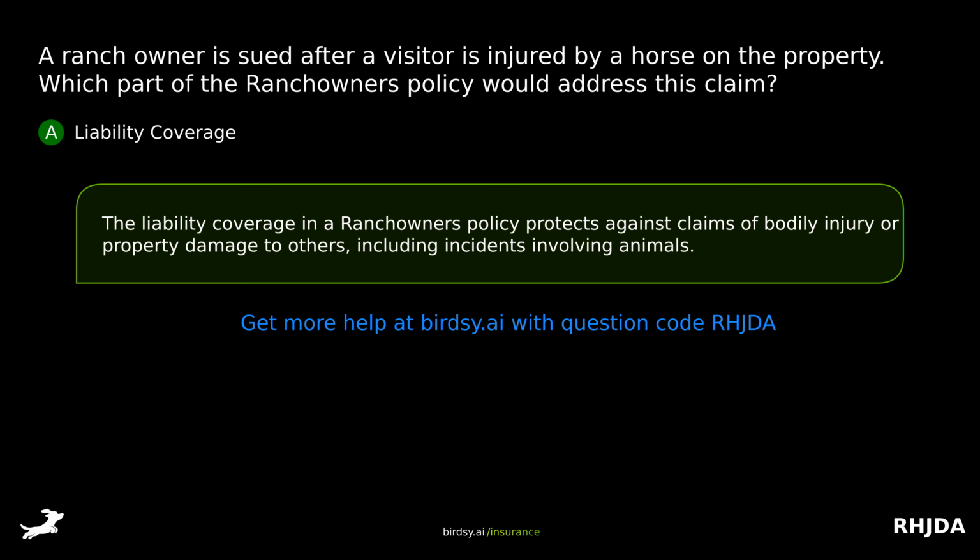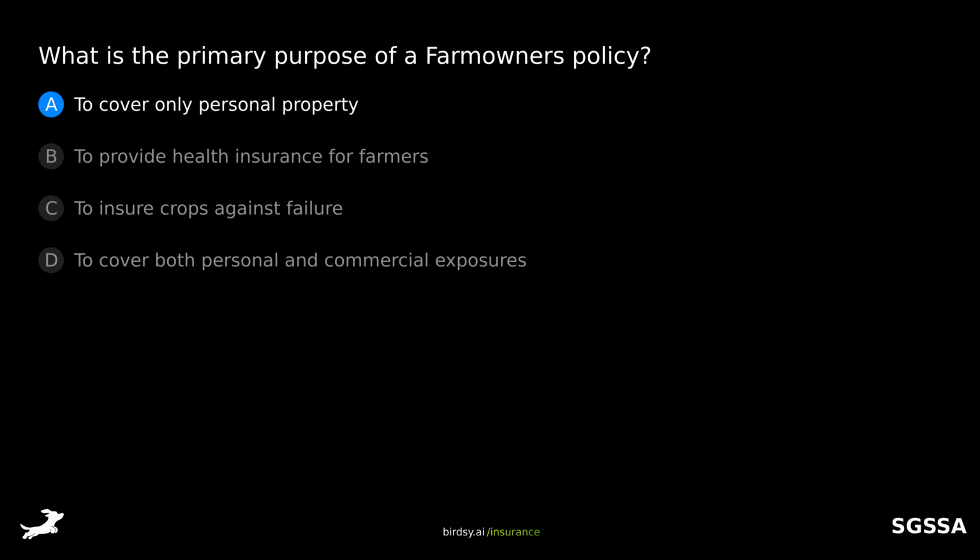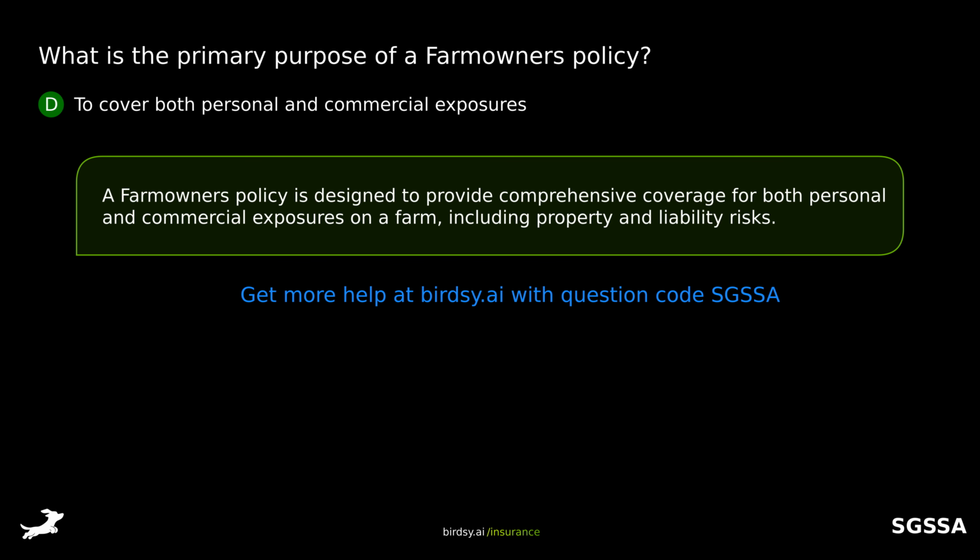incidents involving animals. What is the primary purpose of a farm owner's policy? Is it A, to cover only personal property, B, to provide health insurance for farmers, C, to insure crops against failure, or D, to cover both personal and commercial exposures? The answer is D, to cover both personal and commercial exposures. A farm owner's policy is designed to provide comprehensive coverage for both personal and commercial exposures on a farm, including